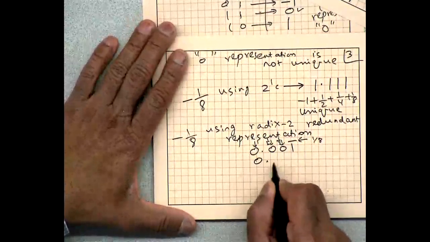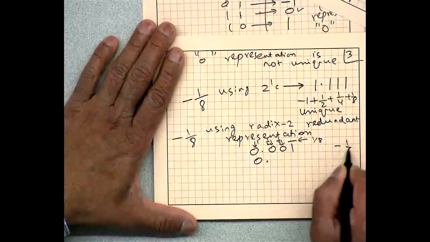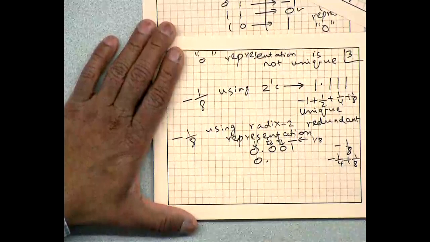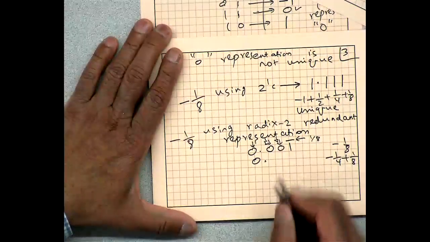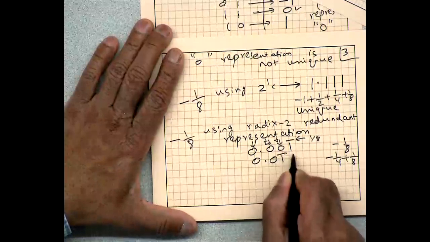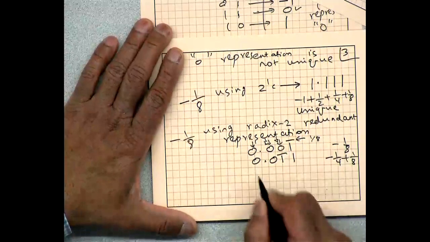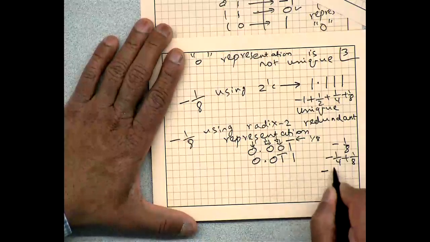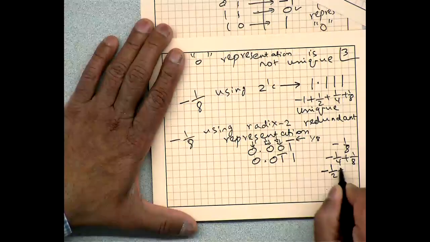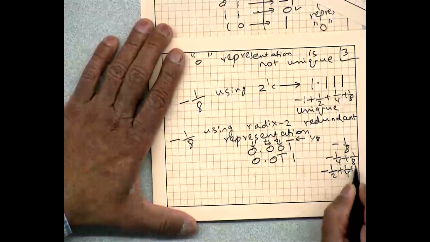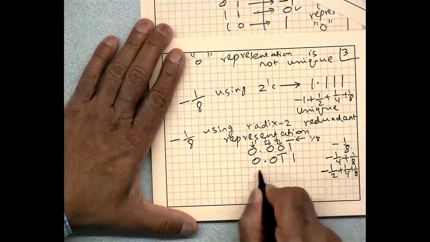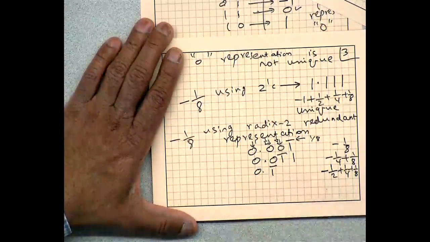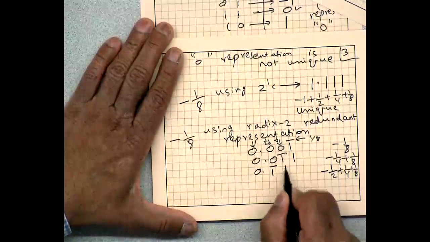So for example, minus 1/8 could be written as minus 2/8 plus 1/8. So I can say this is 0.01 bar 1. That's another way. And in fact, I could write this in many other ways. So I could write this as minus 4/8 minus 4/8 plus 2/8 plus 1/8. So minus 4/8 plus 3/8, that's minus 1/8. So I could write that as minus half, meaning 1 bar at location half, and then these are plus 1.